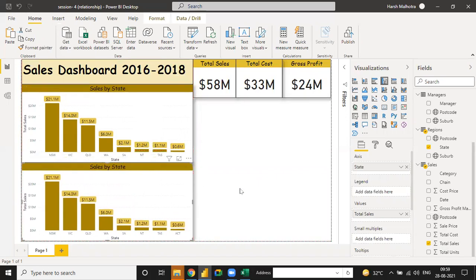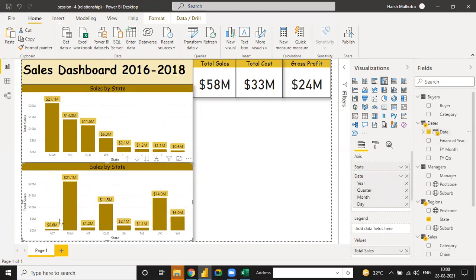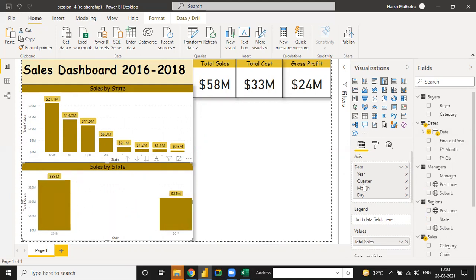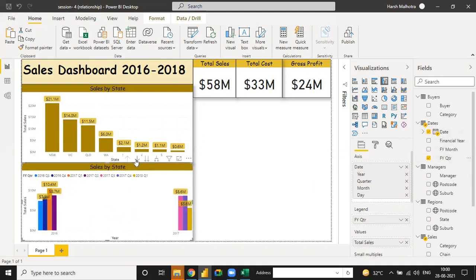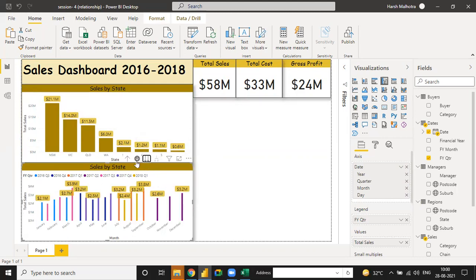For this, we have used sales by quarter as well as country. Support date, we have, see there is a state wise and the date wise sales, 2016 and 2017, and now we have used the financial quarter. Move down, quarter 1, quarter 2, quarter 3 and quarter 4 total, and it's a month wise sales.